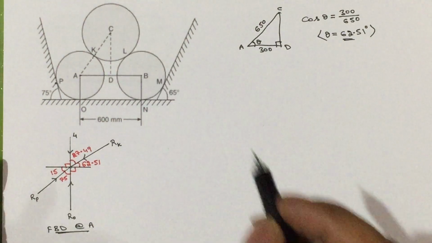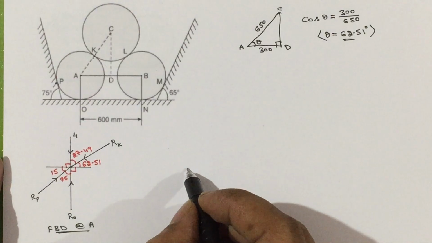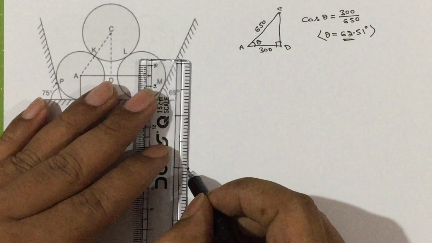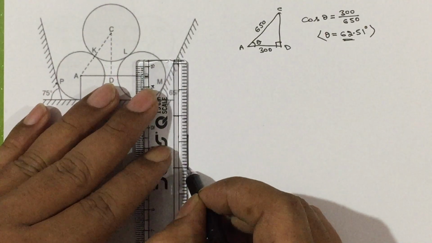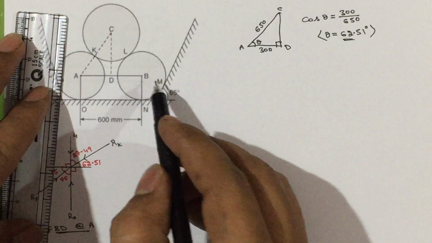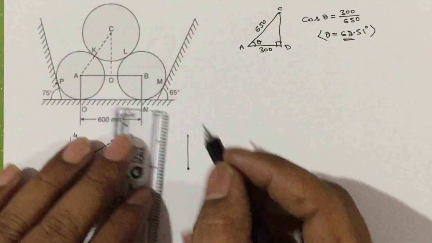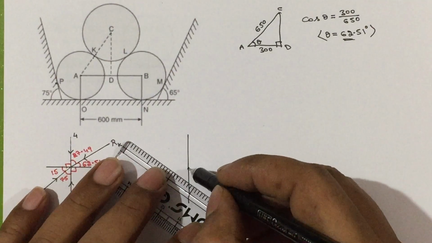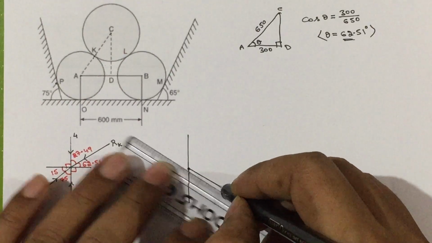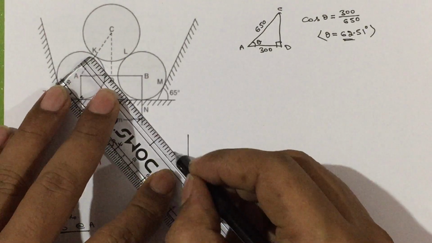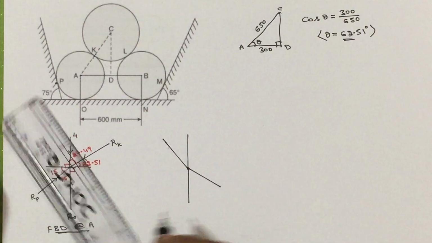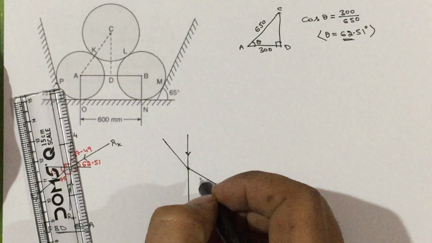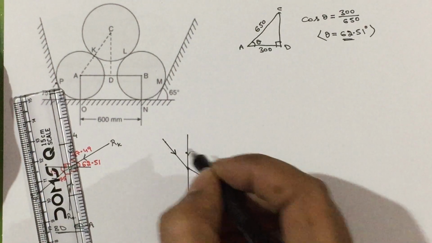Then write the free body diagram for B ball, that is just write the point, then write the connected lines. First weight, then this ball is in contact at N, M and L. For N, write the reaction line, then for M, write one inclined line here, then with respect to L, write one line. Then direction, the weight will act vertically downwards. Then these three are the reactions, so they act towards the point.